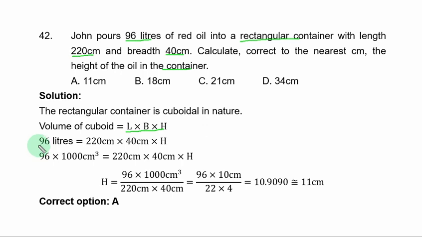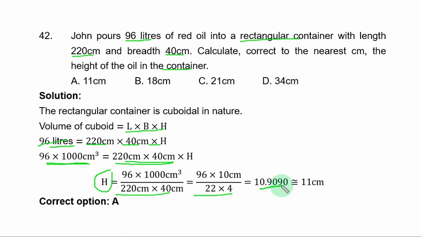That is 96 liters equal to length times breadth times height. We need to have the same units, so you convert this liter to cubic centimeters by multiplying it by 100 cubed centimeters. So you have it in this form. To get H, divide both sides by the product of these two numbers, and H is equal to this. If you reduce, you get this result. Divide, you have